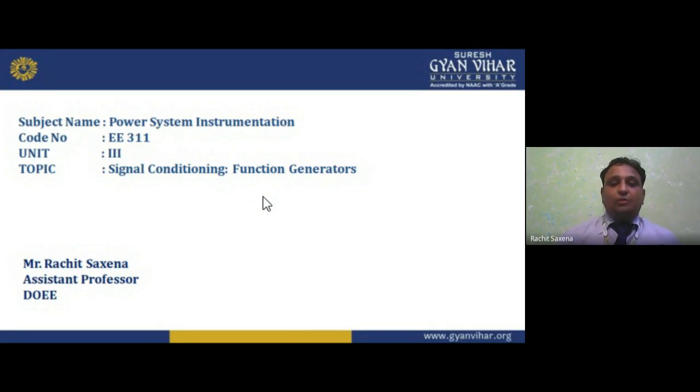Next, we talked about what, my dear student? Isolation amplifiers. In the instrumentation amplifier we have two or three op amps. Two op amps give outputs that are differentiated by the third op amp, that is the differential amplifier. Then in the isolation amplifier we have to isolate. If I want to measure something and directly connect to the body of the patient, electrical isolation will be there. No shock will take place in the body of the patient. So there is electrical isolation, and no leakage current flows to the instrument.